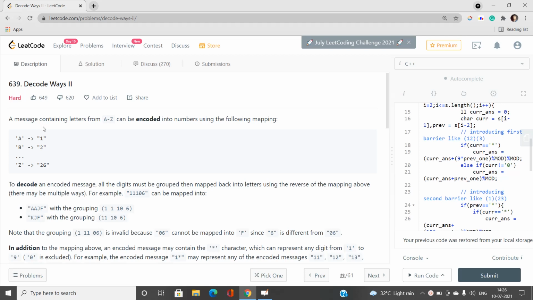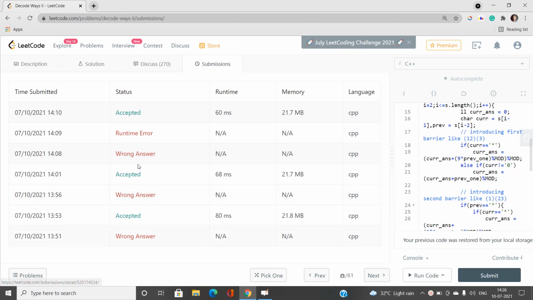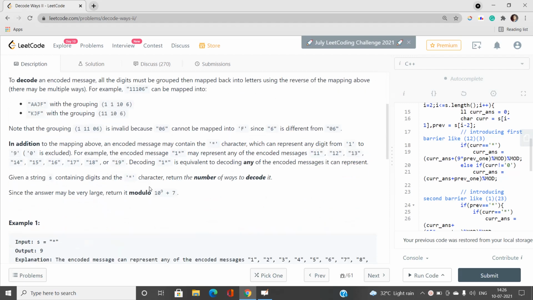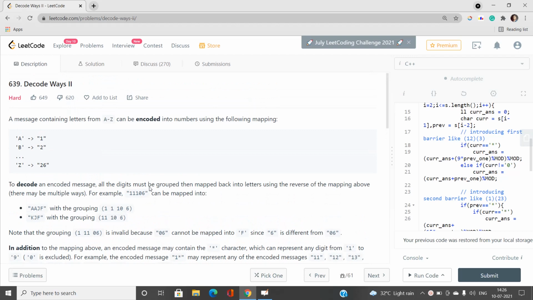Okay, so you can see the number of likes is 649 and the number of dislikes is 620, and the reason behind this, you can see I've also got many wrong answers and a runtime error also. I'm trying to optimize the code, but I'm not being able to do that much, right? So this problem is actually one where we need to spend some time to find out the conditions and the particular ways. Actually we need to count something, right? Count the total number of ways to decode a particular string we have been given.